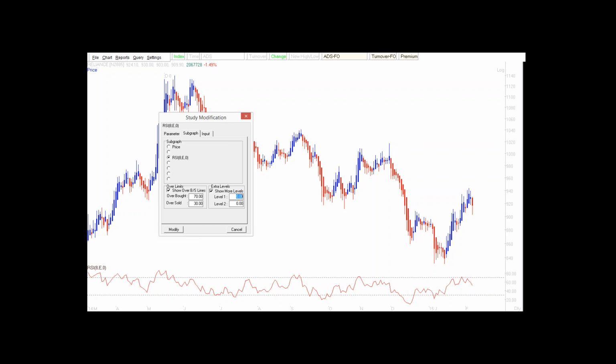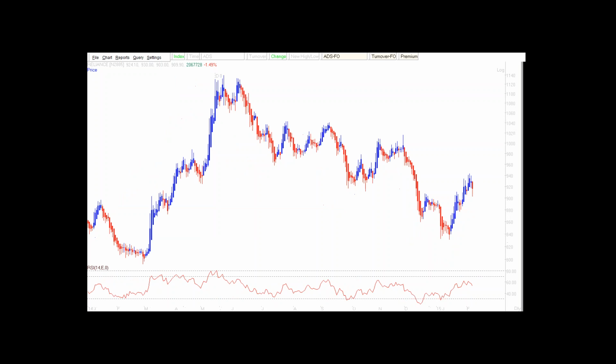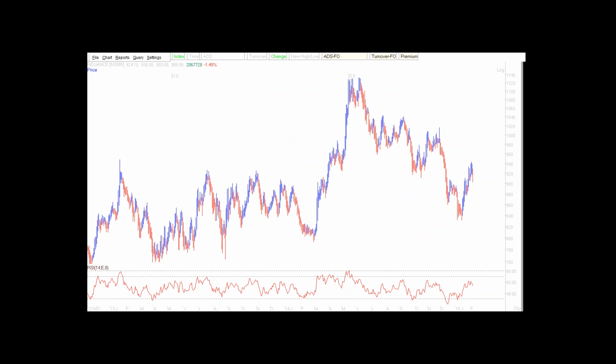So what I have used in majority of my years, I've used 70-80 on the upside and 20-30 on the downside. So if I modify this, you will see now on my chart, this is the RSI at the bottom, and I have a range, these two dotted lines. This is the range on the upside. So every time RSI goes into this range, this is signaling me the possibility of a top is there, or the prices can ease off. Similarly, on the downside, you see over here, RSI falls below 30, stays below 30, but above 20. This is the range where it's kind of oversold and prices may bounce back.